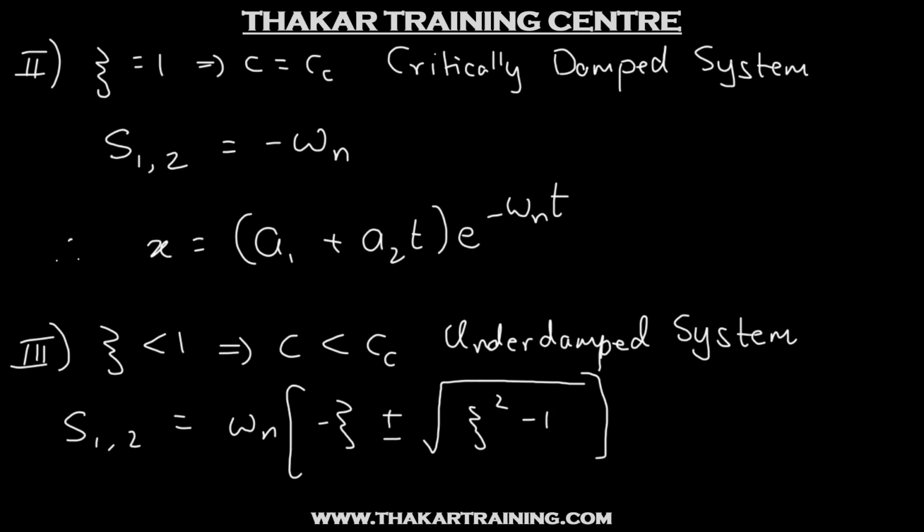So what we'll do is take a square root of minus 1 outside as i and write it now as root of 1 minus zeta square. Alright, so this is now the root of the auxiliary equation, minus zeta omega n plus or minus i times omega n under root 1 minus zeta square. It was zeta square minus 1, I have taken square root of minus 1 outside as i, and then this is 1 minus zeta square. Alright, so can we separate it into real and imaginary parts now?